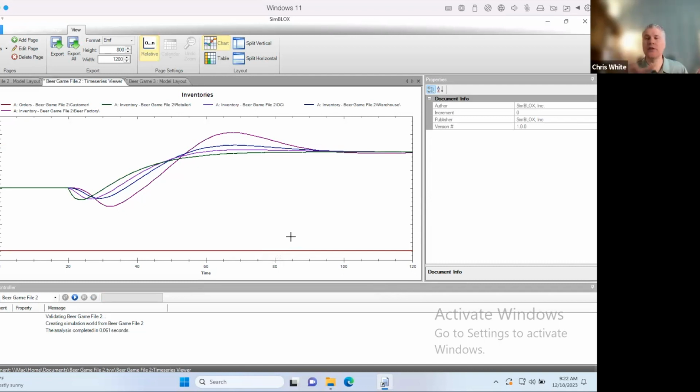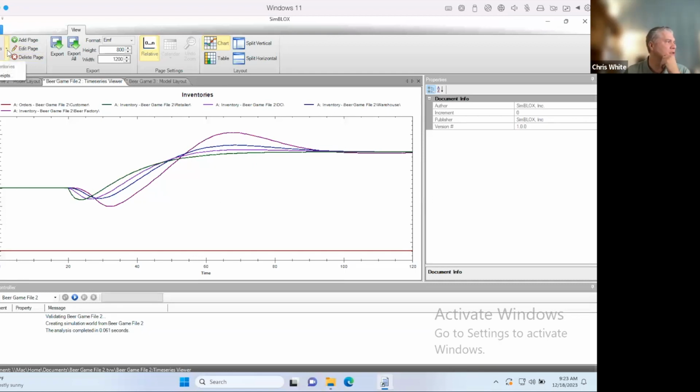Now remember, we did nothing. We, as the customer in this game, have just kept doing the same thing. But we can see all these reactions in the supply chain, even though our straight line right here stays the same. The shape of this curve is a lot like what we saw before, but the scale is now a lot bigger. We were up and down a couple hundred. Now we're several hundred up and down.